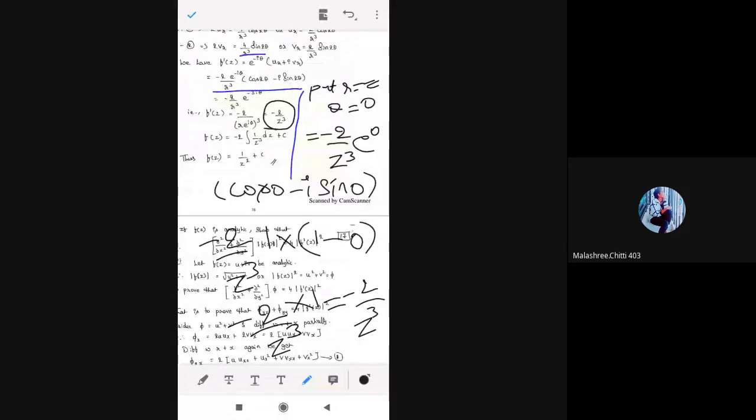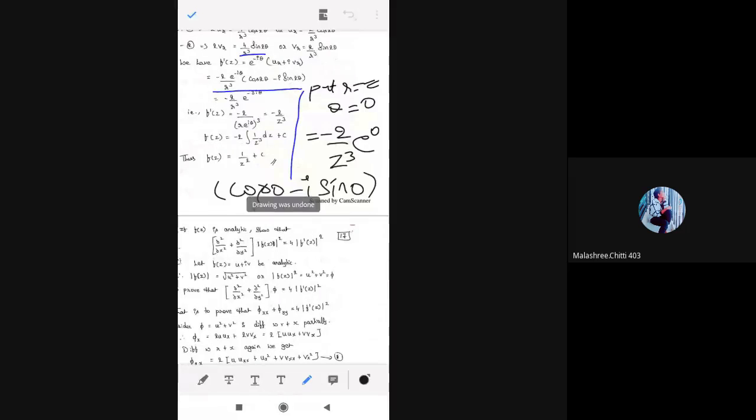f dash of z. Or else this method is also okay, but instead of doing this, cos 2 theta minus i sin 2 theta is e power minus 2 i theta. So minus 2 i theta minus i theta is minus 3 i theta, because bases are same, powers can be added. Then when you send it to the denominator, you'll get r into e power i theta. We know r into e power i theta is z. So minus 2 by z cube. This method is also okay, but the earlier method is good, because e power 0 we know the value, cos 0 value you know, sin 0 value you know. So you can use those values and you get minus 2 by z cube as the answer.